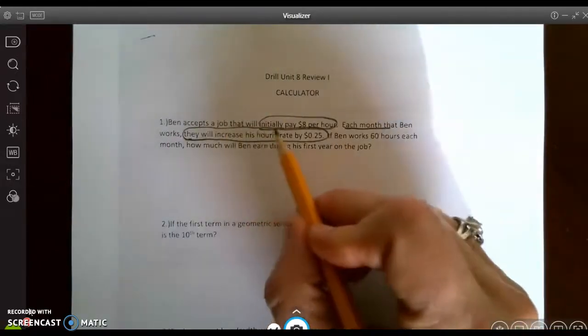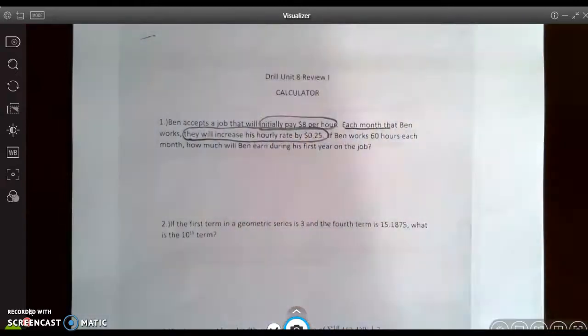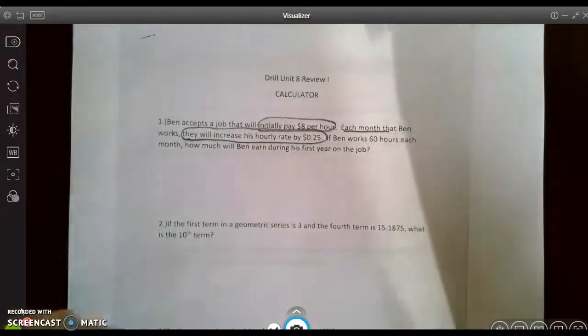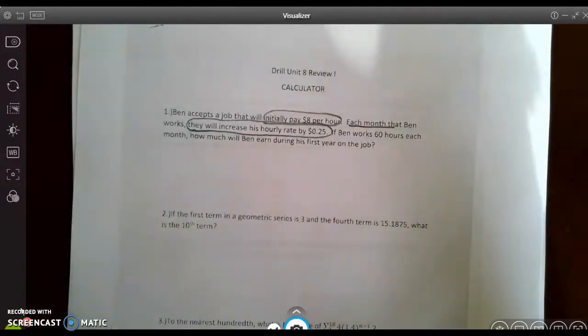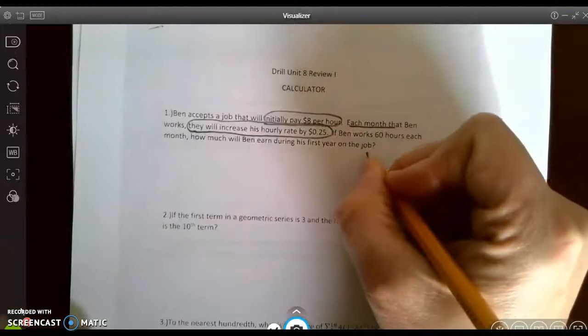He initially gets paid $8 per hour. And usually when we see that word initially, we think starting amount. But they're not just giving him $8 right at the beginning. That's not what he's actually going to earn the first month. What we have to realize is that the $8 isn't what he earns the first month. It's $8 per hour the first month. So month 1,